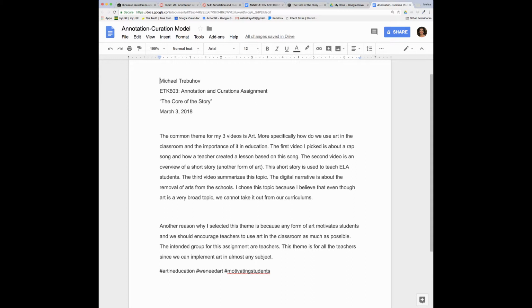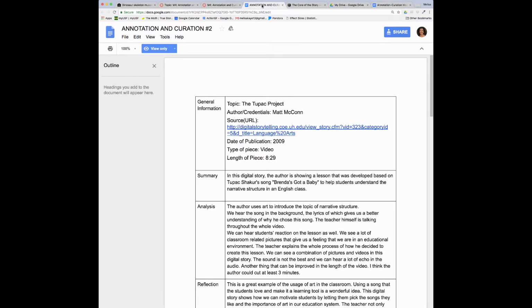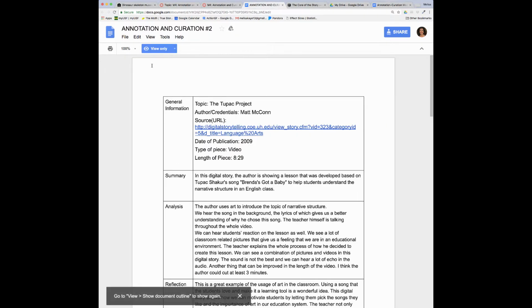And then at the bottom, as you can see with the hashtags, he includes three different tags. So the curation ultimately should come first, and then the annotated videos or other resources come after that. So then we go to his actual annotation, close out of that, and